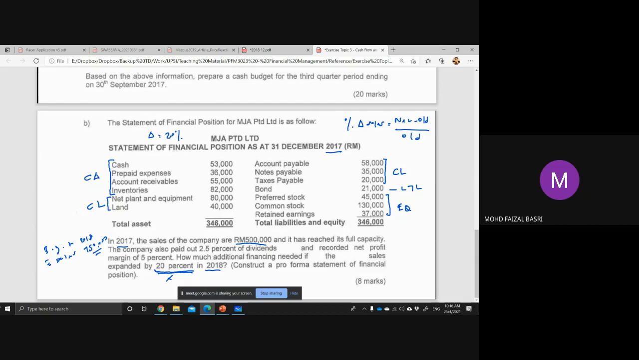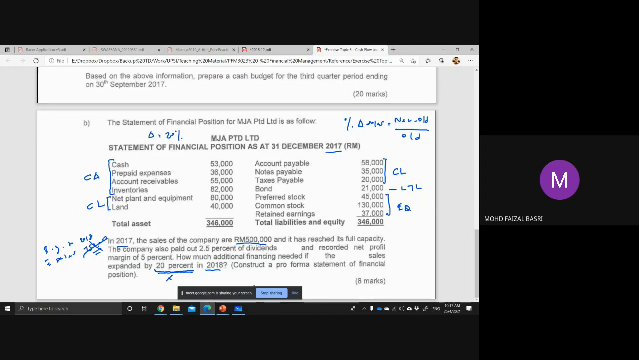Okay, so new sales 750 minus 500,000, you dapat 250,000. So 250,000 divided by 500,000, you get a 50% increment. Okay, and then kita akan gunakan 50% as part of our estimations. Itu kalau dia tak bagi this percentage. But in this case, bukan 750 lah, it's 20%. Okay, so therefore,